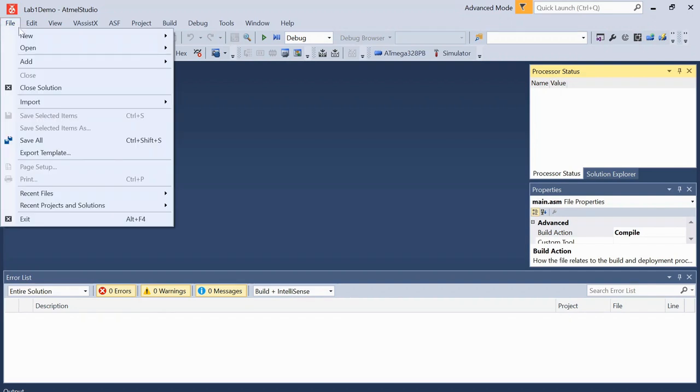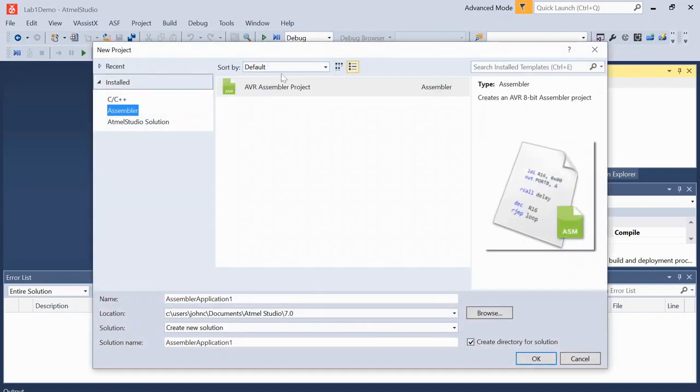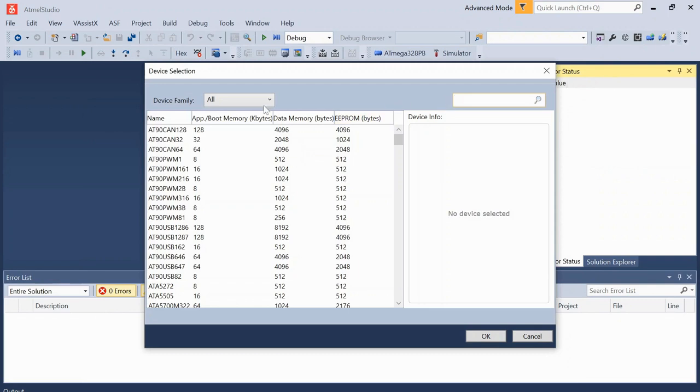To create a new project in Microchip Studio, you go to File, New, Project. We want the AVR Assembler project, and down here we can name it whatever we want. So we can do Lab, Demo, Example. Click OK. We have to select our device, and so here you can choose the ATmega device family, narrow it